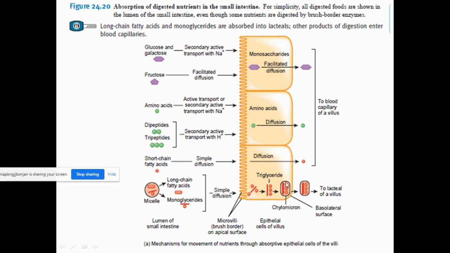Now these chylomicrons are transported from the absorptive cell to the interstitial spaces by a process called exocytosis, because they are very bulky in nature. They cannot enter the blood vessel or the capillary, so they are transported to the lacteal present in the villus, and then into the lymph vessel. This is how the transportation takes place. The glucose, the monosaccharides and the amino acids are directly transported to the blood vessel, whereas the fatty acids are in the form of chylomicrons.